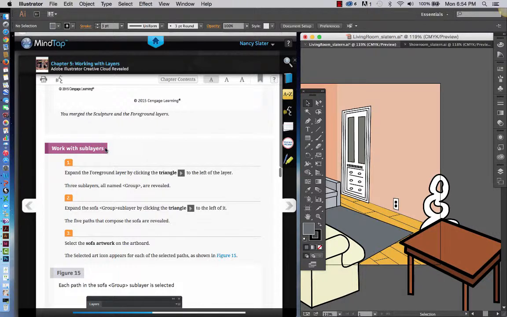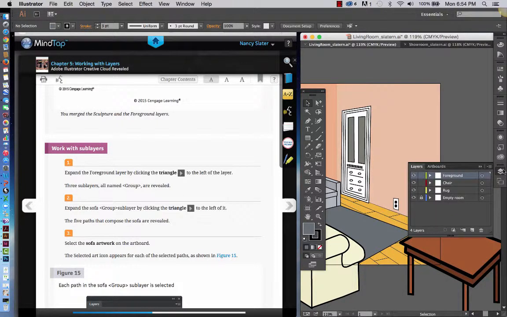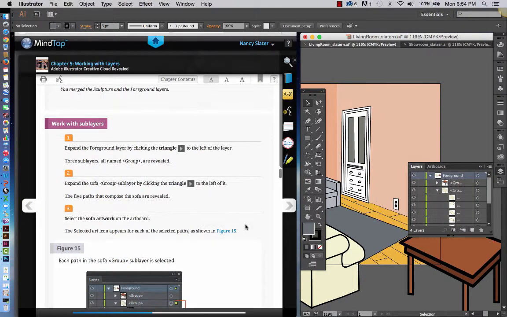Now we're going to work with sublayers. So we're going to go back to the Layers panel. We're going to expand the foreground layer by clicking the triangle to the left of the layer right here. All three sublayers are named Group, and those are shown now. We're going to expand the sofa layer by clicking the triangle to the left of it, and you'll see that the 5 paths that comprise the sofa